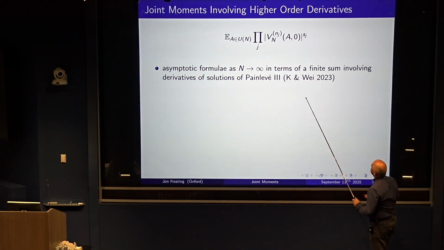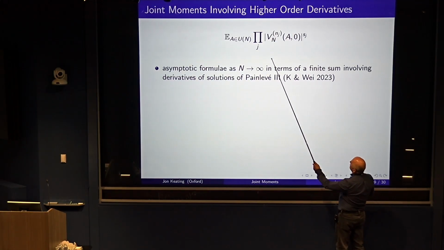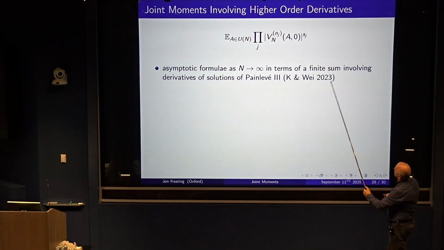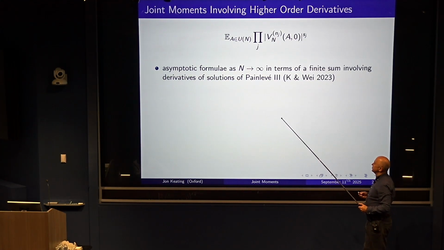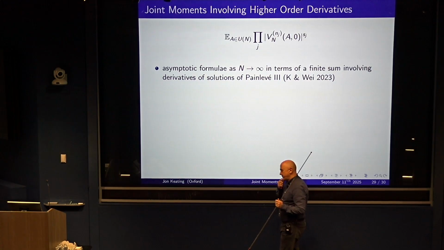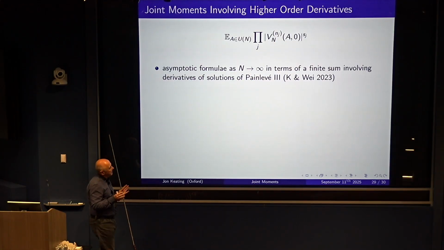The start of this was work with Fei Wei, who was my postdoc in Oxford, something we did a couple of years ago. We were able to show an asymptotic formula for these generalized joint moments that involve arbitrary derivatives and arbitrary powers of derivatives. We showed that these were expressible as a sum involving derivatives of solutions of Painlevé III. And the idea that was required was that even though the determinants that appear are not Hankel determinants, you can think of them as Hankel determinants, in a sense, convolved with